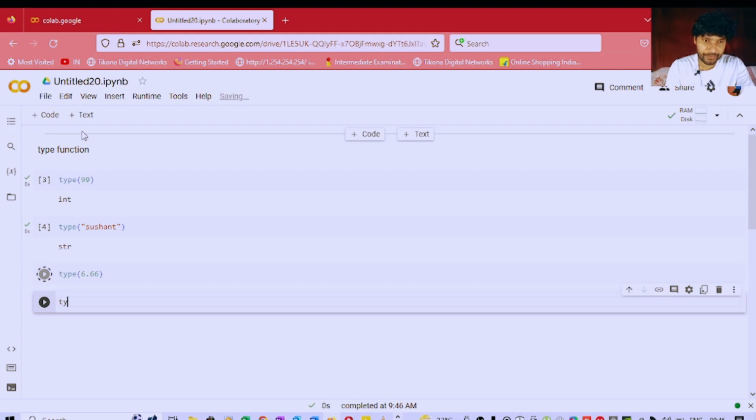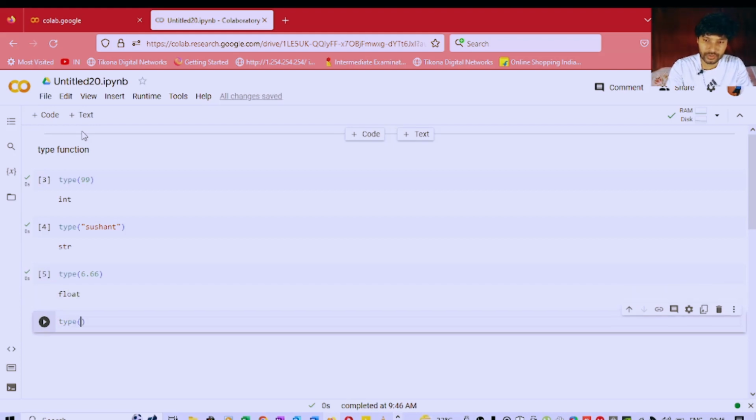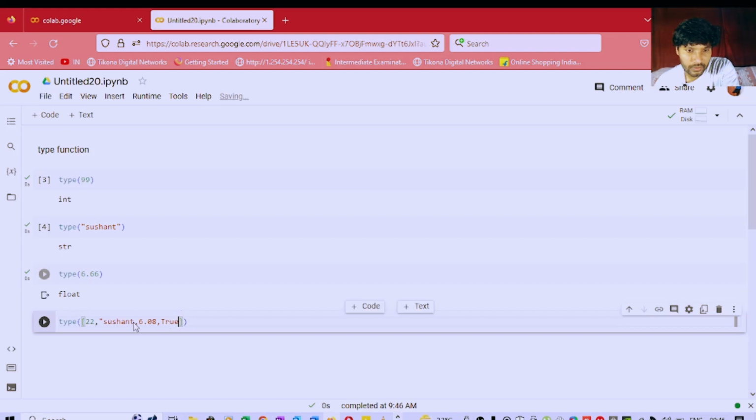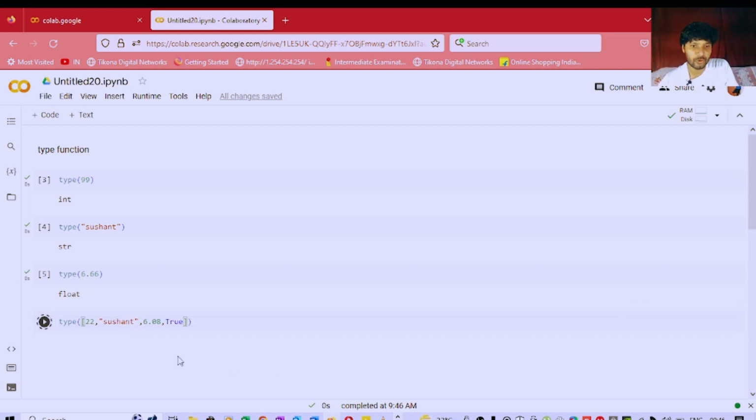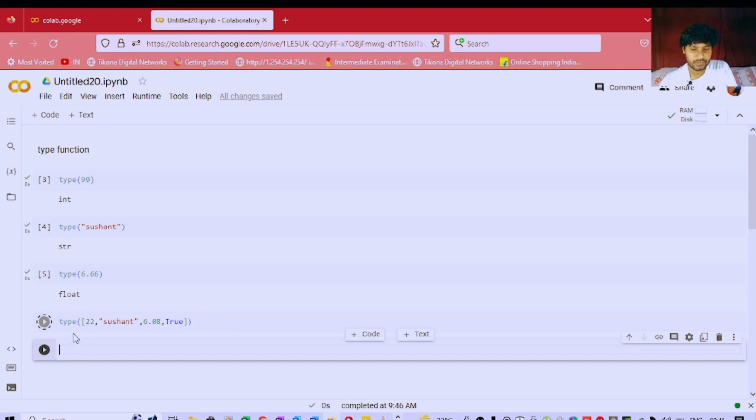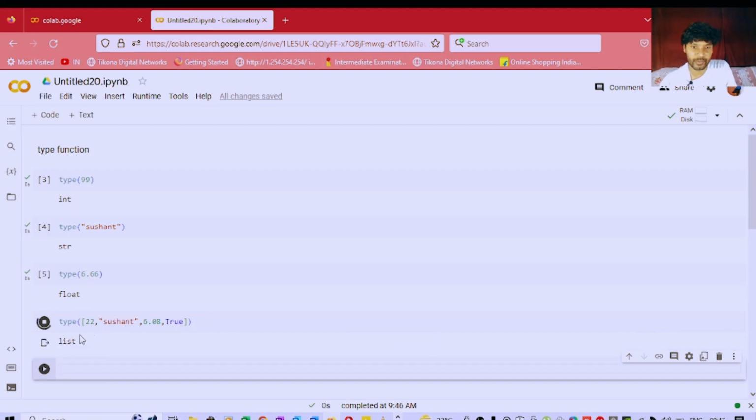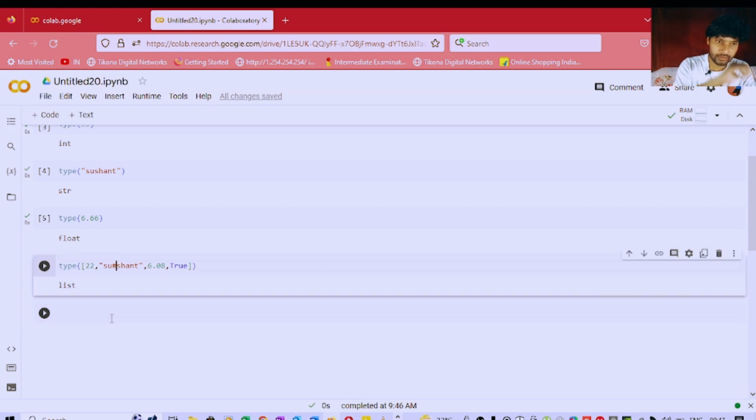We can check the data type of a list as well. Suppose we are checking the type of a list, so we'll provide a number, a string, a float, and a boolean. Now you do shift enter. We'll get the output as a list. See, we are getting the type as list, so that means the data type of this is a list. And then we'll study about